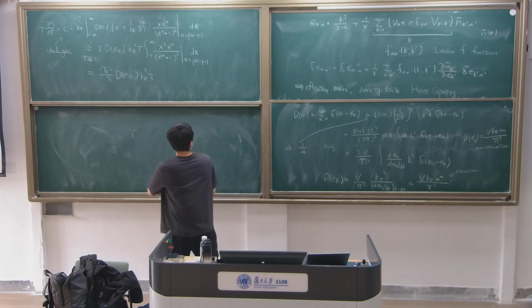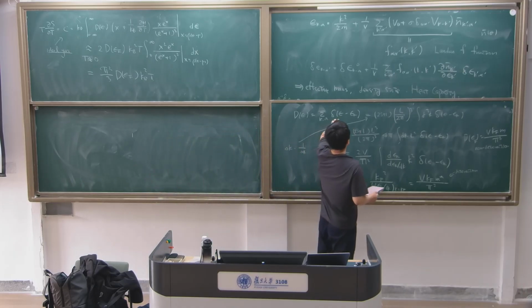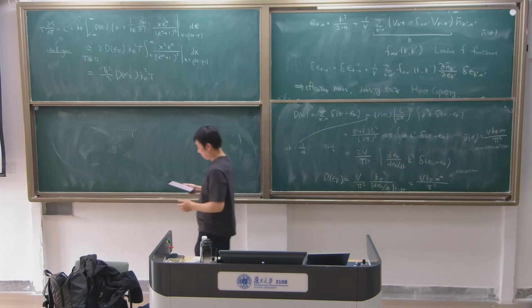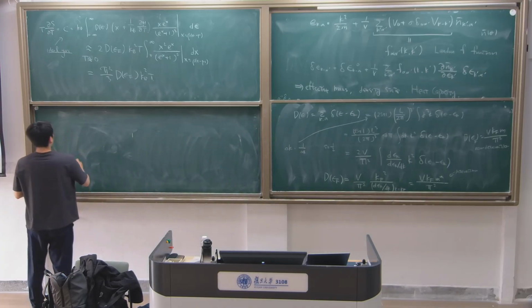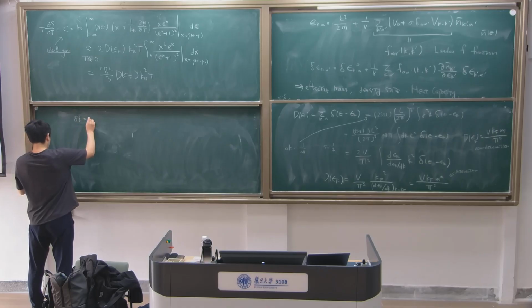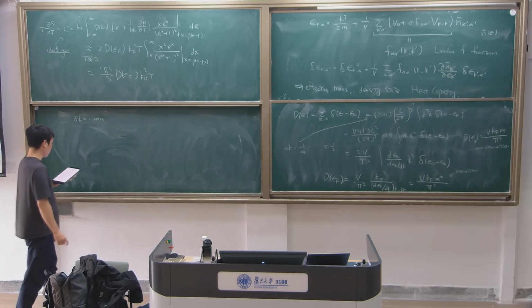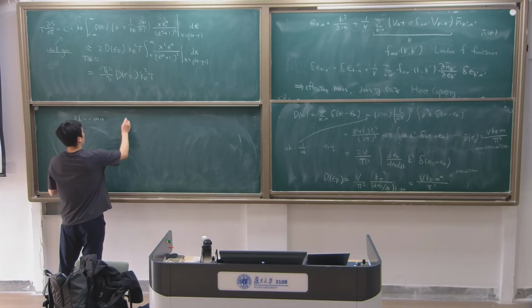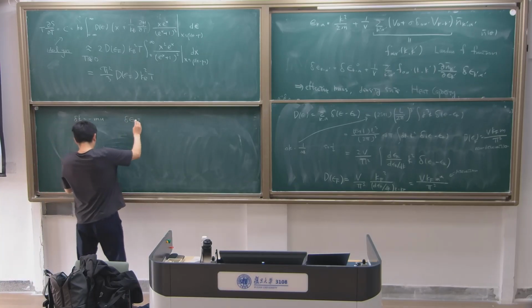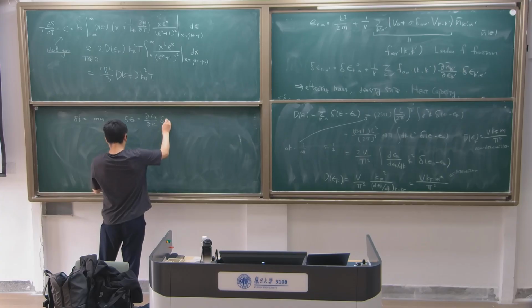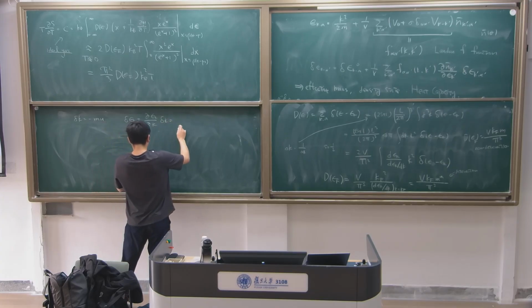Okay, to derive the effective mass, we use the second equation. Suppose delta K is something like minus M Q M times U, where U is some vector. Then under the deformation variation, you get this one, which is equal to, so we already know this one is equal to minus